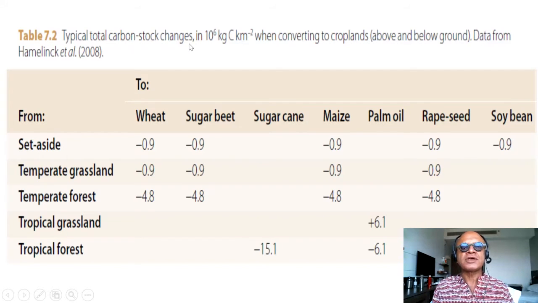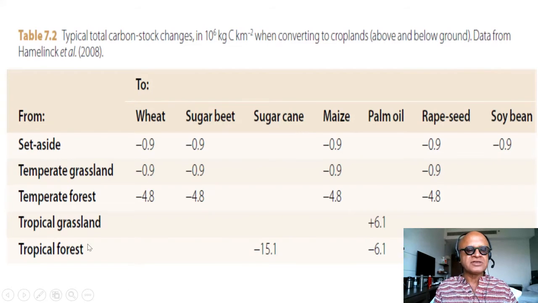Looking at typical total carbon stock changes in million kilograms of carbon per square kilometer while converting to croplands, above and below ground carbon is included here. Examples are shown for set-aside land, temperate grassland conversions, temperate forest conversions, tropical grasslands, and tropical forests. These are carbon stock changes, so a negative change means you are going to emit carbon. There is one exception here: typical tropical grassland going to palm oil is actually a plus 0.61. So a positive change is